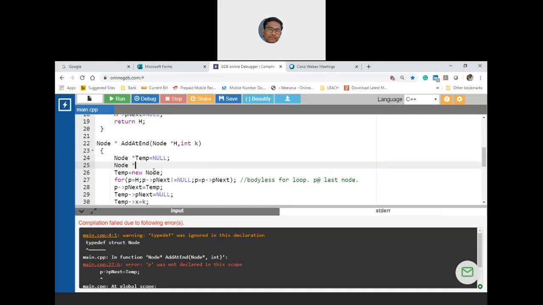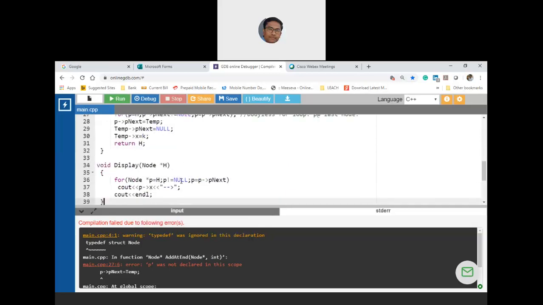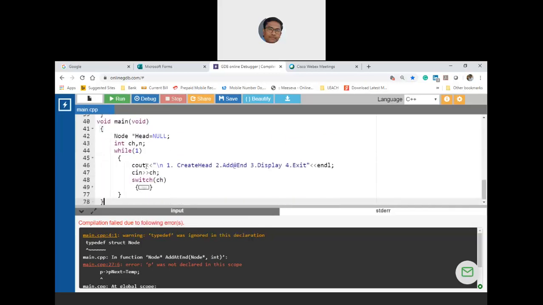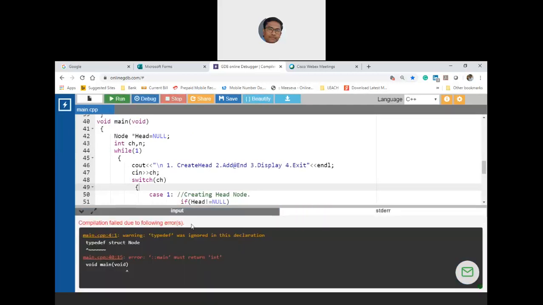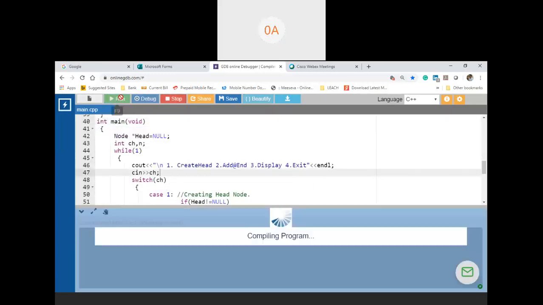Local scope node star P initially pointing to null. Let me enlarge all sections. Error, this must return main. I think we are returning in only one path. Okay, I have written void. Okay, so let us compile.